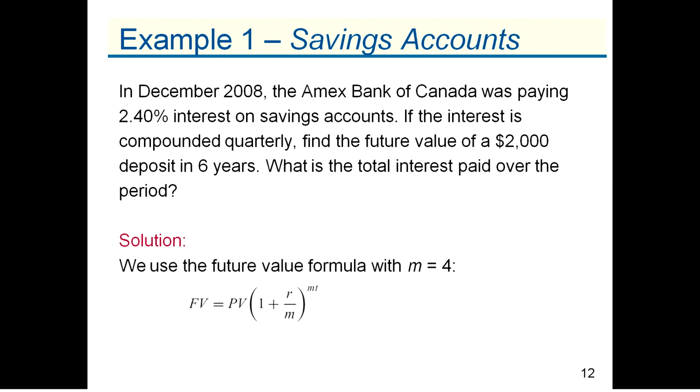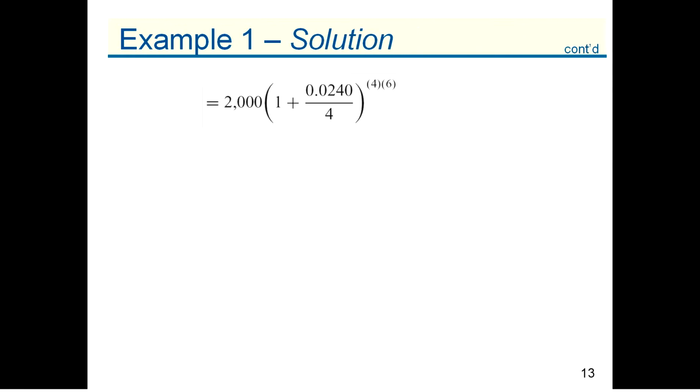So in order to find the interest, what we're going to do is find how much total money we have, and then we're going to subtract out the present value, which is the amount that was invested. So using my future value formula, plugging in 4 for M, 6 for T, 0.024 for my rate, and 2,000 for my present value, I come up with $2,308.77. Now, in order to find the interest, I'm going to take the future value and subtract the present value. So I take my total amount of money and subtract out how much I had to begin with, and I end up with